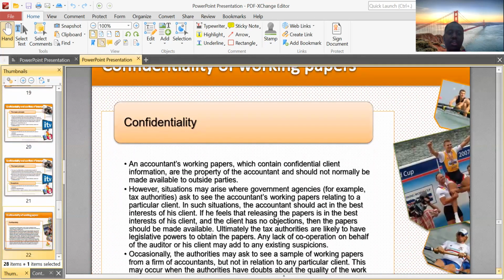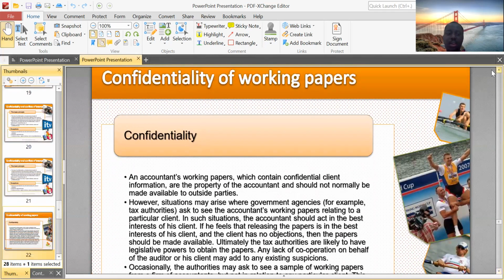Then let's talk about the confidentiality of the working papers. So what are the working papers? The working papers are the documents that the auditor uses to record the work done in an audit. So an accountant's working papers, which contain confidential client information, are the property of the auditor or the accountant, and